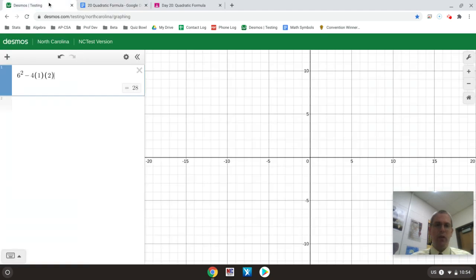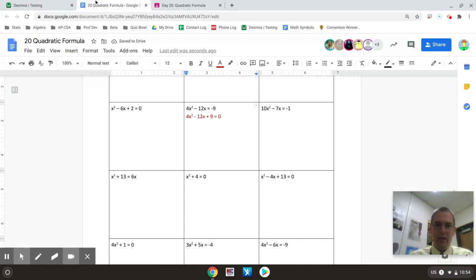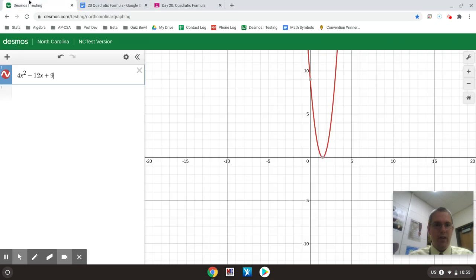it's worth your while to look over here and just see what happens when you graph it. So if you do that, you have 4x squared minus 12x plus 9, I believe. Let me double check. Yes, that's correct. And I have an x-intercept that's relatively pretty. It's 1.5. Now, remember, if I want to see that in fractional form, because sometimes they'll have that as a